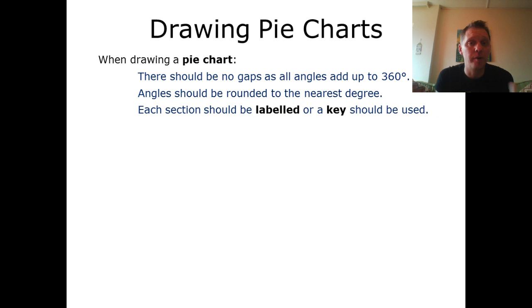So anytime that we're drawing a pie chart, because obviously our pie chart's going to be on a circle, we've got to make sure that all of our angles add up to 360 degrees, which is the amount of degrees around a point. Got to make sure that there's no gaps between our sectors, and also that none of them overlap. Anytime that we've got angles which have been rounded, we round them to the nearest full degree. Sometimes they might just overlap, but we've just got to use our best judgment to make sure that it looks as good as possible. And we've got to make sure that each section is labelled or a key is in